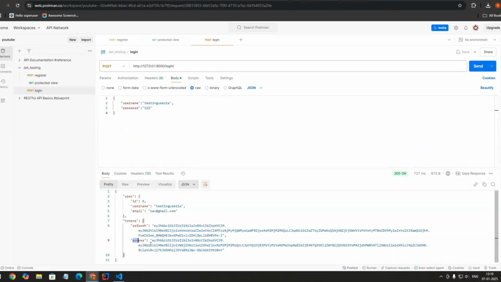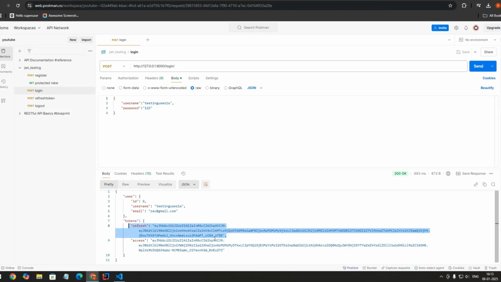So now let's see how we can generate a new access token using refresh token. Refresh token can be stored on local storage, and if the access token gets expired, we can make a new API request with this refresh token to get an access token in response. So what we are going to do is we will create a new endpoint where we send the refresh token, and we will create a view that generates a new access token using this refresh token.